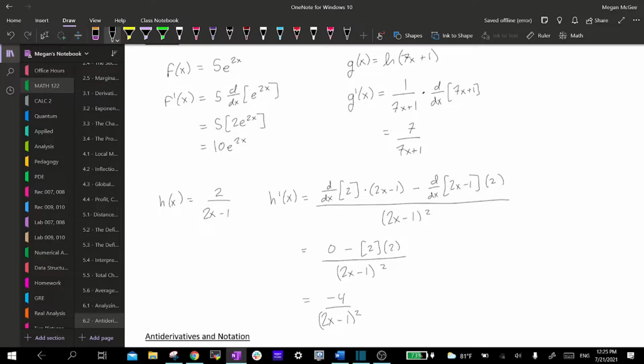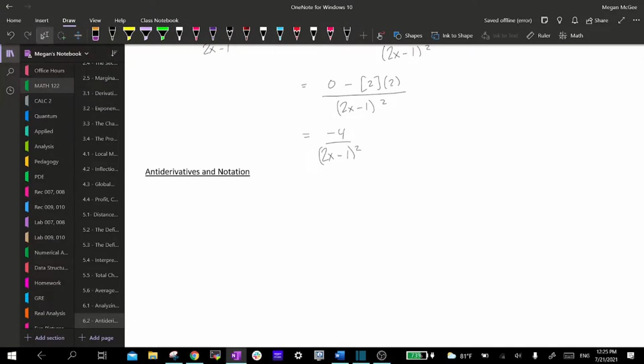All right, so now we're going to get into what an antiderivative is. All right, and we're going to start trying to think of the backwards, like undoing a derivative almost. Okay, so an antiderivative can be thought of as undoing a derivative, or essentially going backwards. So, for example, if we have